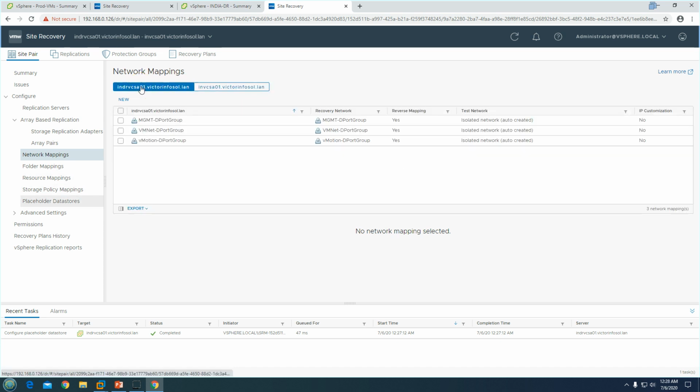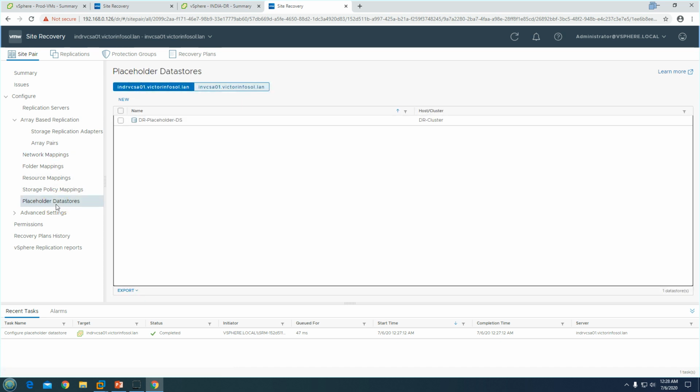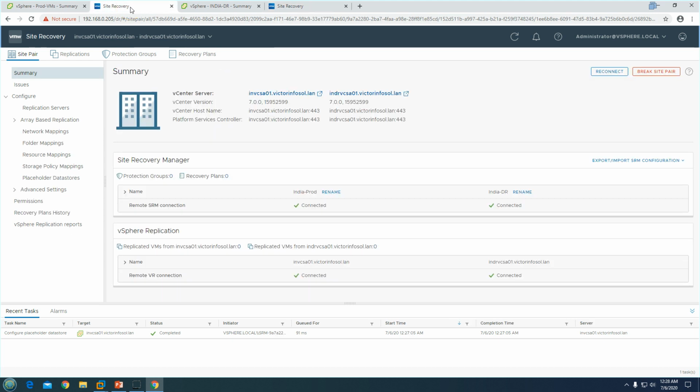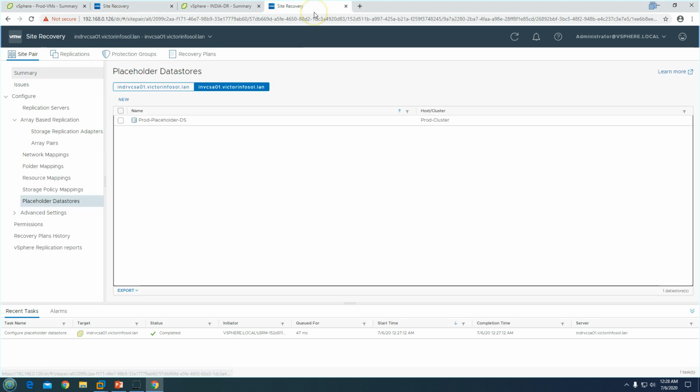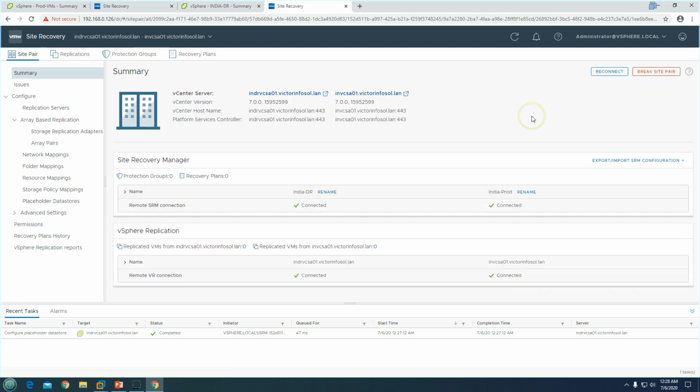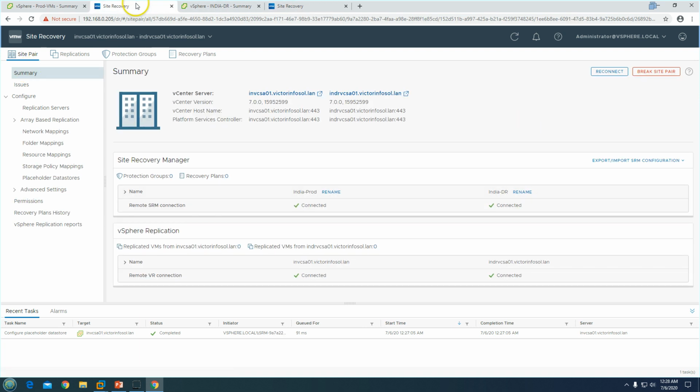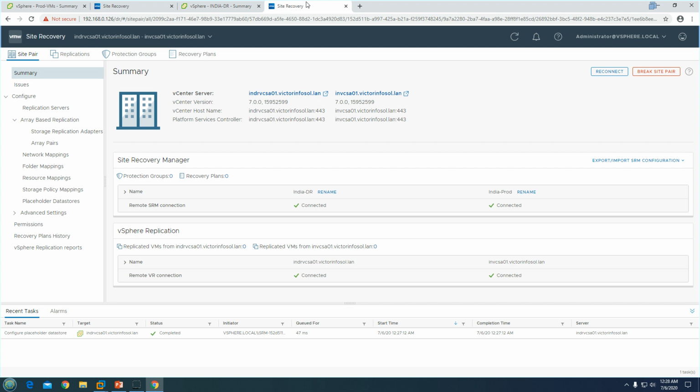If you go to placeholder, you will see the placeholder also defined for both. As discussed in the start, these settings are going to be identical. Whether you see it from the production side or the DR side, the settings are identical, and you can log into any of the vCenter servers and click on Site Recovery, and you will see the same information in both places.